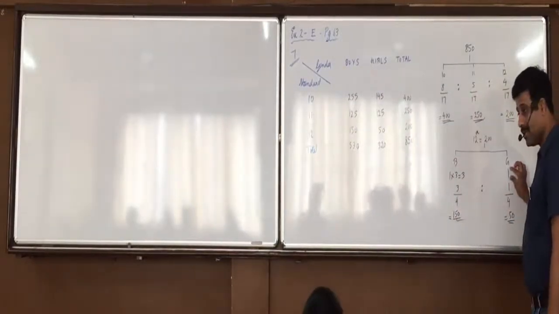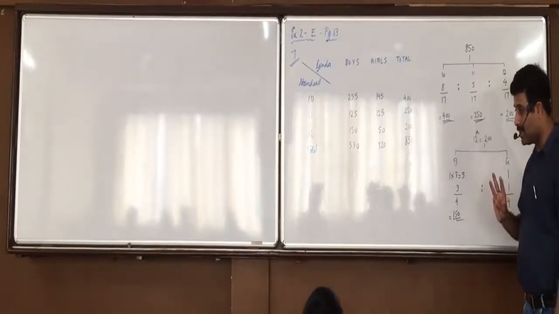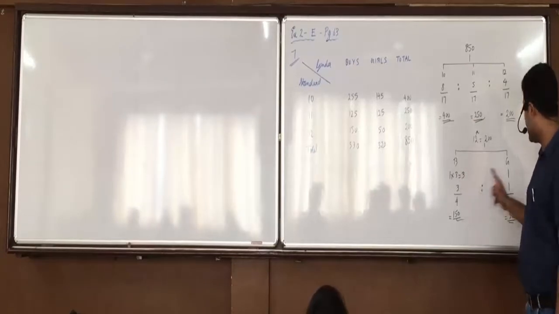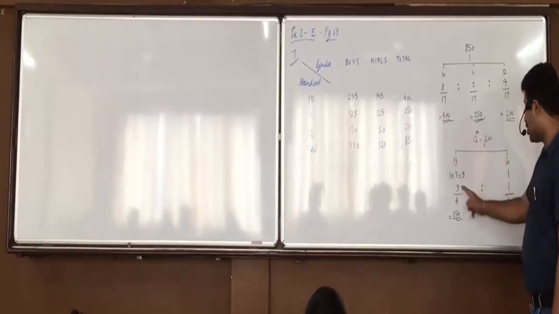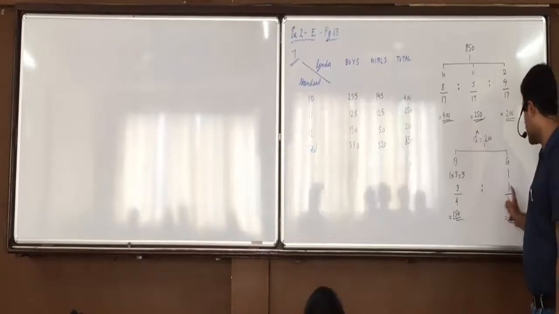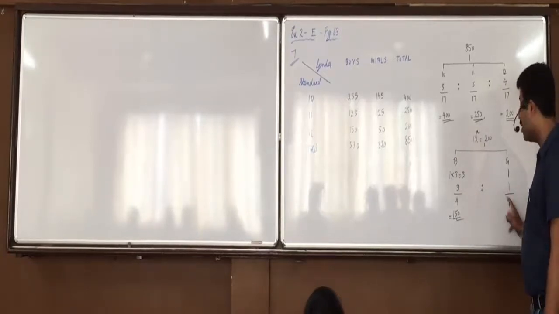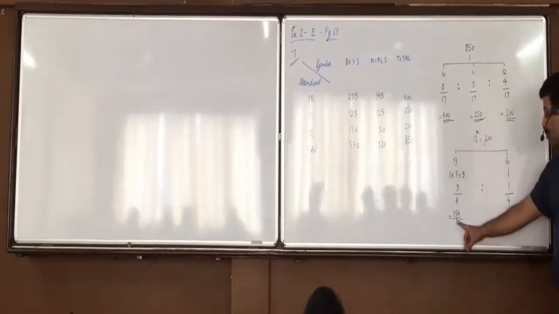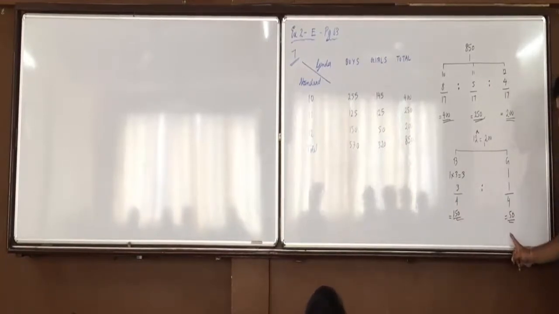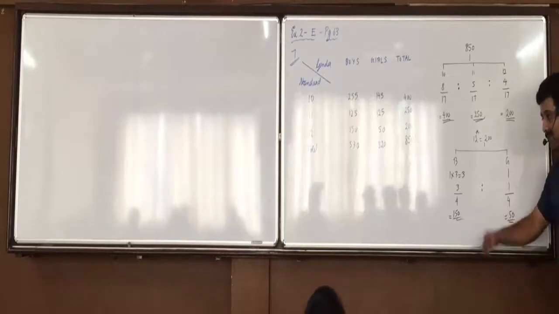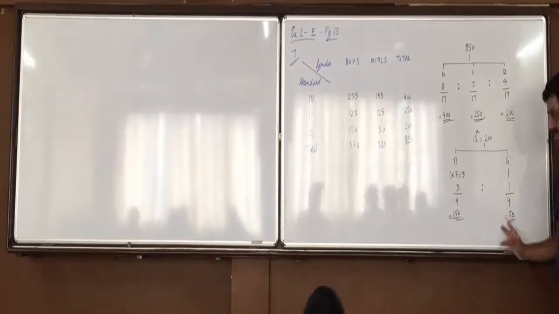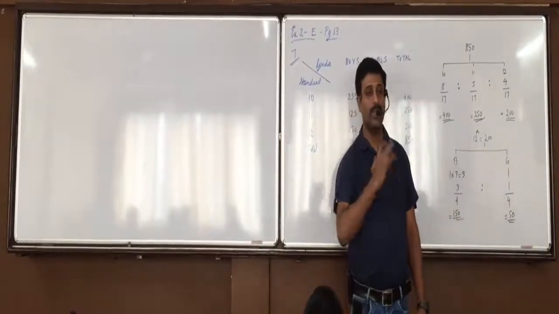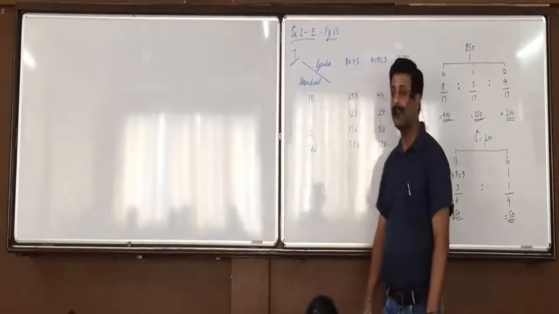Simply assume 1. Suppose the number of girls is 1. Now boys are 3 times the number of girls, means the number of boys will be 1 into 3, 3. What is the ratio? 3:1. 3 plus 1, 4. So 3 by 4, 1 by 4. 200 into 3 by 4, 150. 200 into 1 by 4, 50. Boys 150, girls 50. Are boys 3 times the number of girls or not? 150 is 3 times of 50. Understood that? Raise your hand who wants me to explain any part once again.